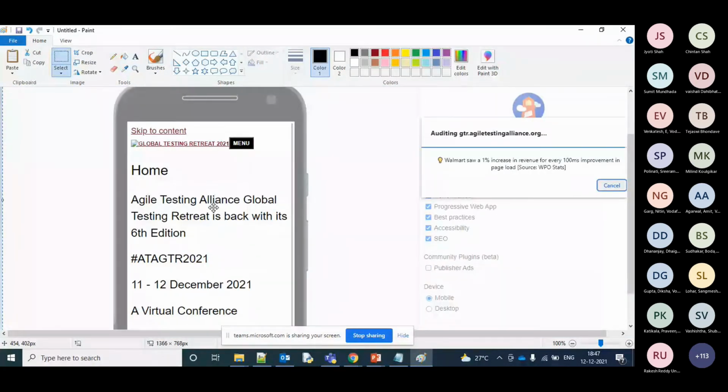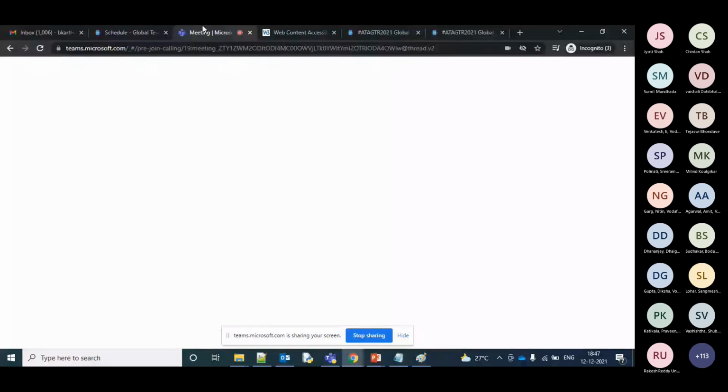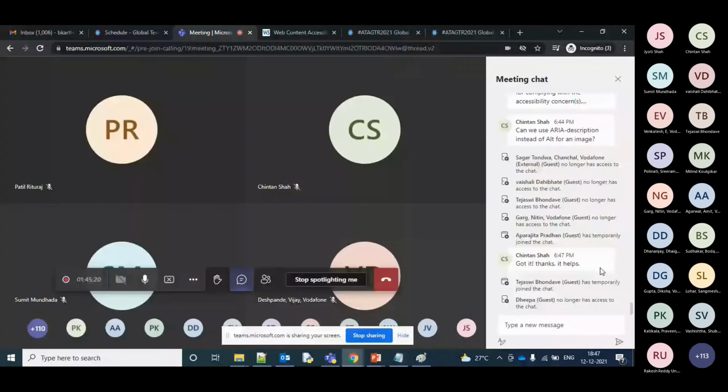If your network is a bit lower, your website will be displayed in this particular fashion. That is the usefulness of alt text. It will be compatible with your browser to keep it simple, and ARIA is for your screen reading. Yeah, thanks.